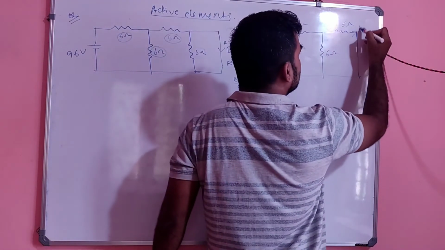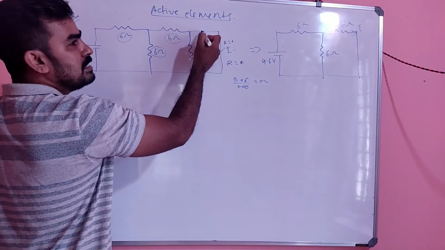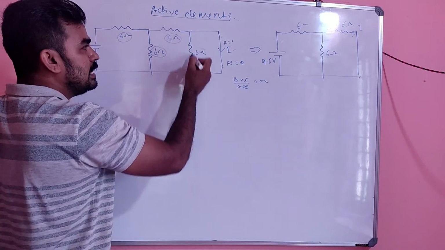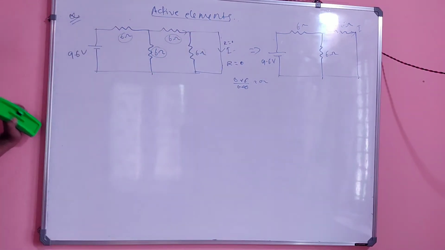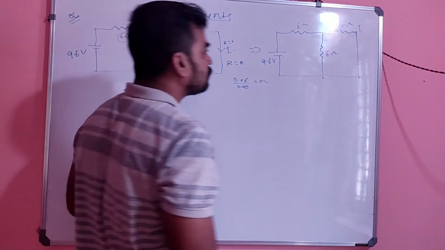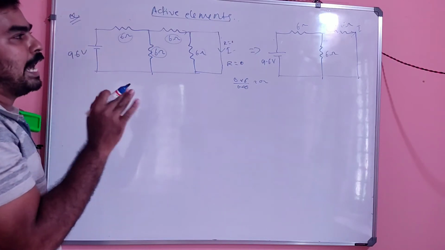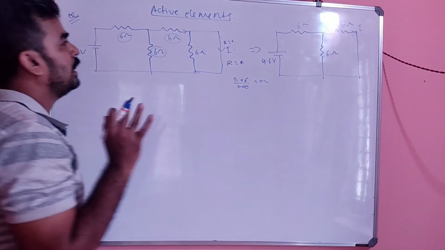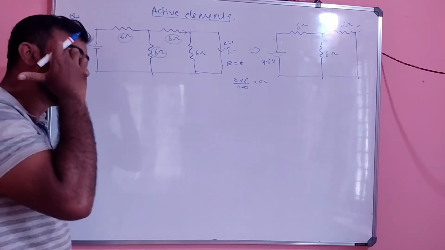So this is the current I. The previous current is not changing, no? This is what we have to find. That current means this combination current. So that I we have to find. Okay. How can we find that? Actually, through this problem I am trying to teach you the short circuited concept. Okay.